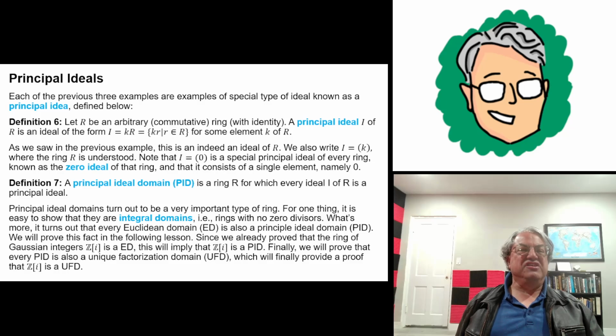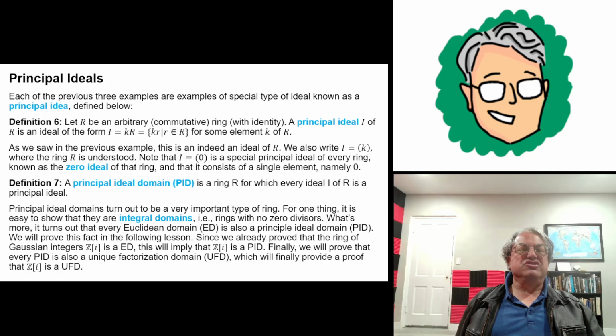And kind of the icing on the cake on all this, it turns out that there's another implication. It turns out that every principal ideal domain is also a unique factorization domain. I think in the previous lecture, which I did like a month ago, I proved that the ordinary integers Z is a unique factorization domain, which is basically the fundamental theorem of arithmetic. It says that every non-zero integer has a unique factorization as a product of primes, up to the ordering of the prime factors. And it was a pretty difficult proof.